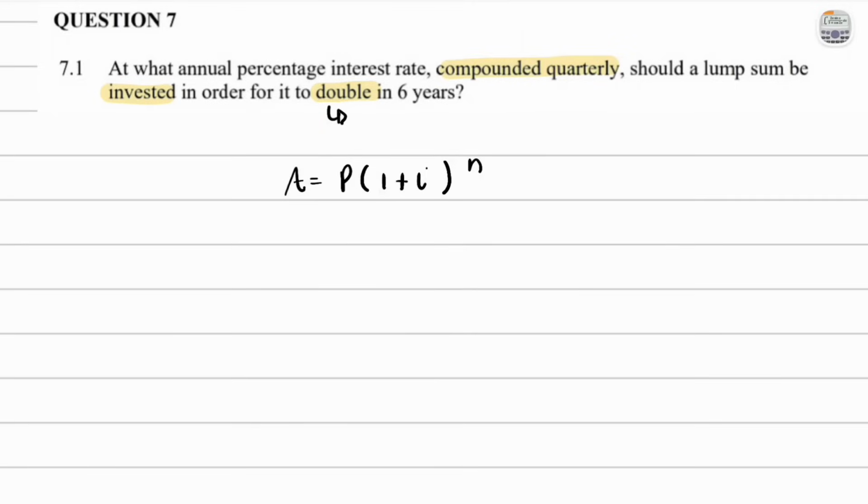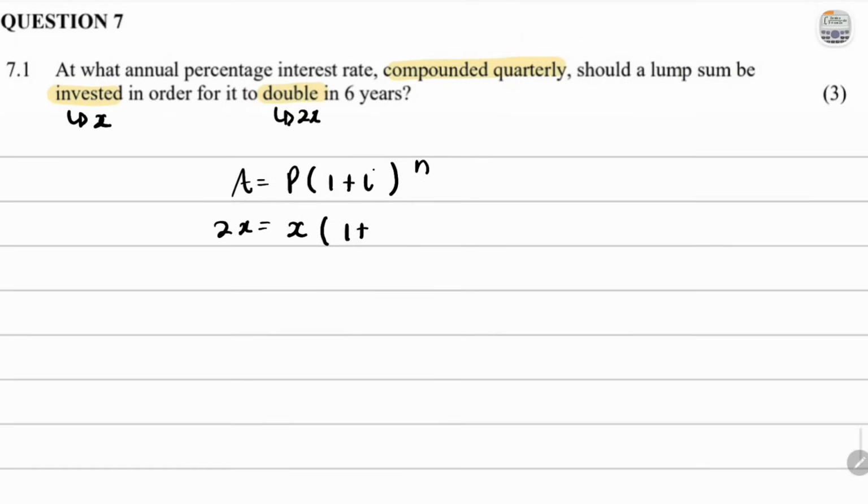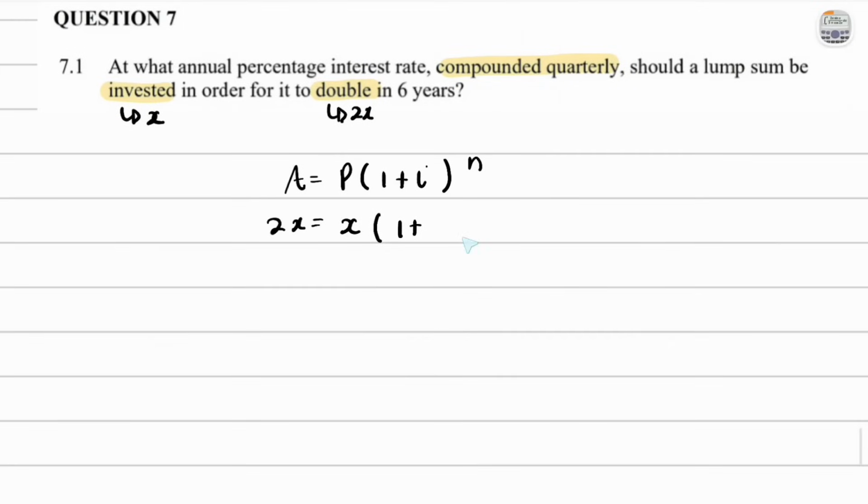So we can just assign values to this. Since the end result must double, let's say that the invested amount is x. And so the accumulated amount would be 2x. So we're saying that 2x is equal to, and our principal amount is the investment, the initial one, so that is x. And then 1 plus the interest is what we're trying to find out. At what annual percentage interest rate, okay, compounded quarterly. But that's the thing, it's compounded quarterly. So we know that when we have our interest, we're going to divide it by whatever compounding it is. So in this case, we'll say i divided by quarters, that is going to be over 4,